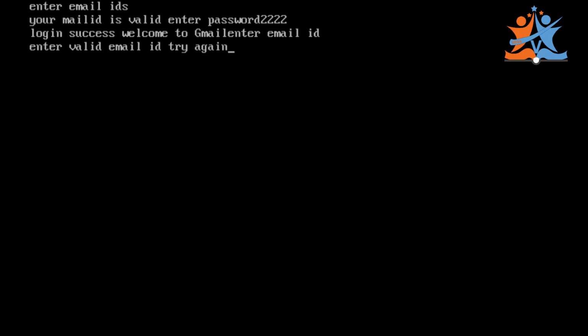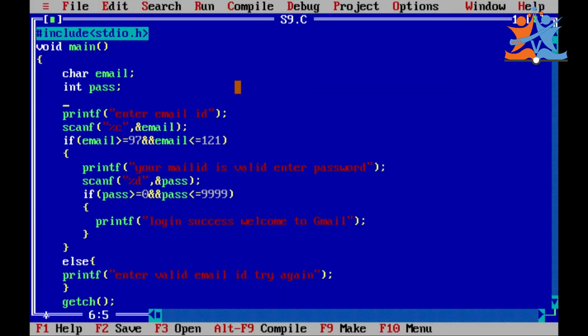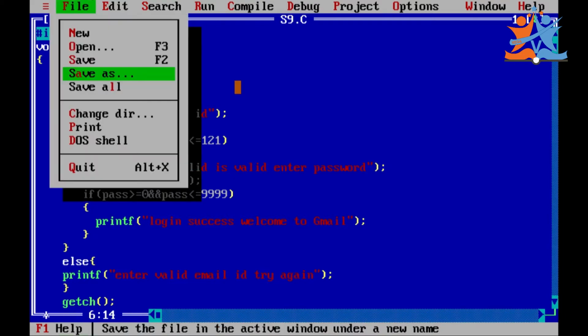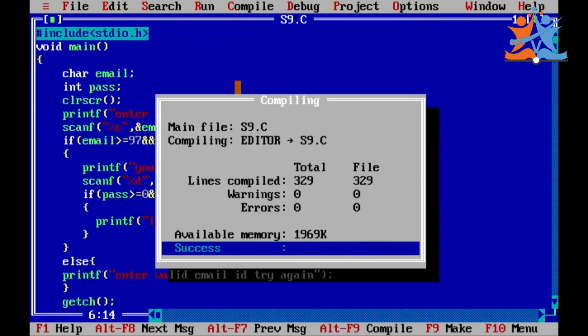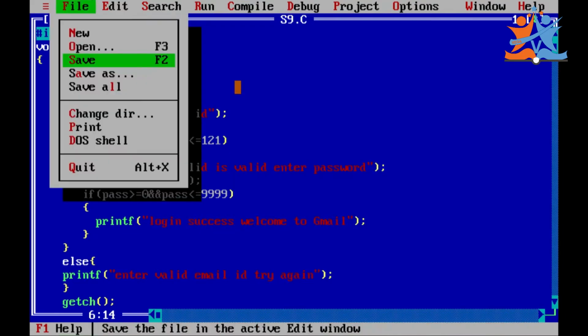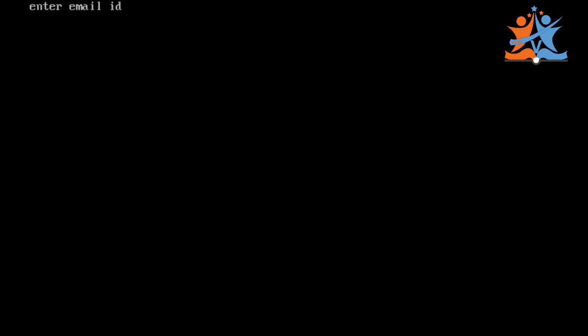Here I need to clear the screen, for that I can use clrscr for clearing purpose. File, save as, file, compile the program. If we did any modification, we must compile and then run. Enter email ID.